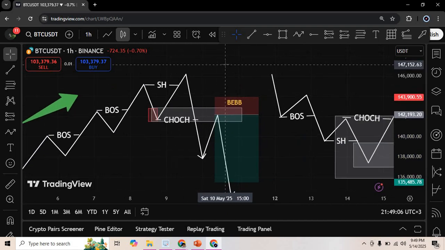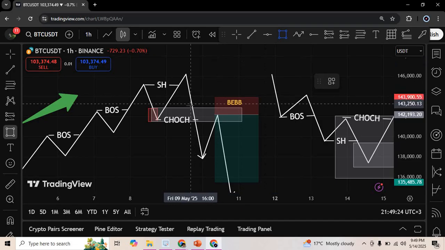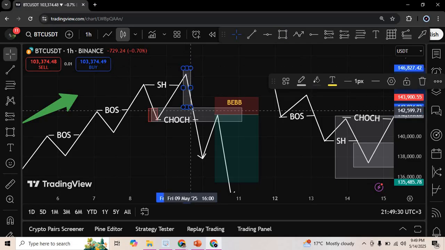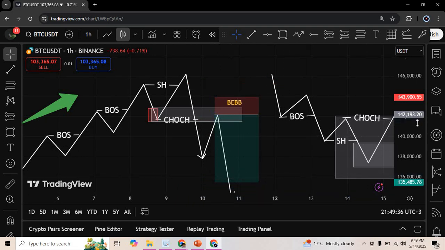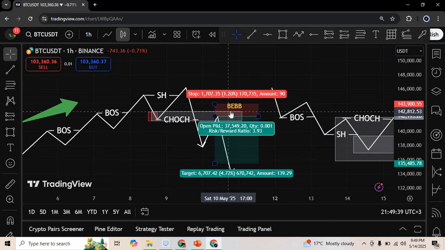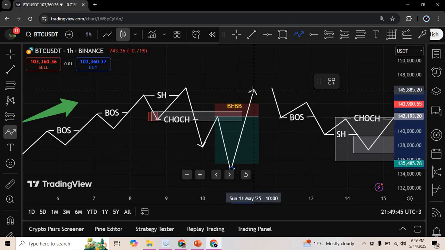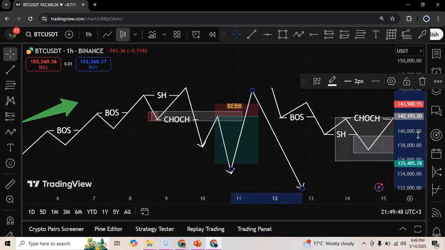pattern. But the ultimate sell will come from the Quasimodo level. Remember, so far I've only discussed the Quasimodo pattern, not the Quasimodo level. So what is the Quasimodo level? The Quasimodo level is any POI that is on this leg right here. This leg right here is the Quasimodo level. So you can have the first sell from the bearish breaker block, but the ultimate sell will come from the Quasimodo level like that and have a sell off from that.